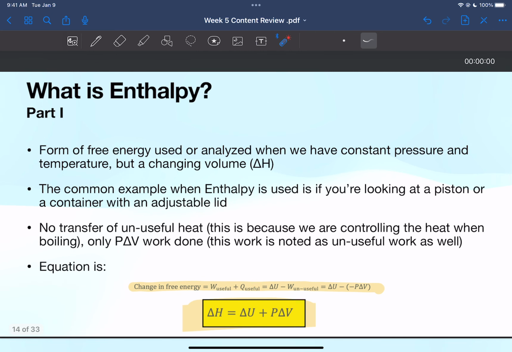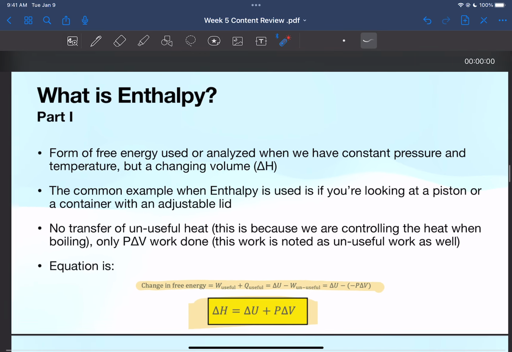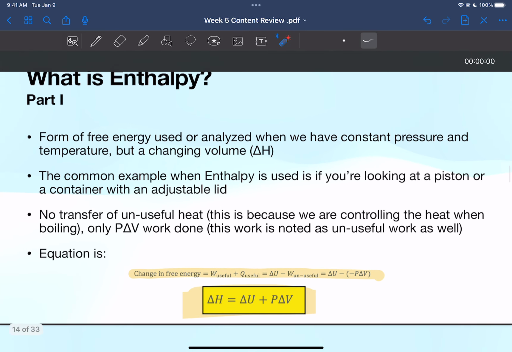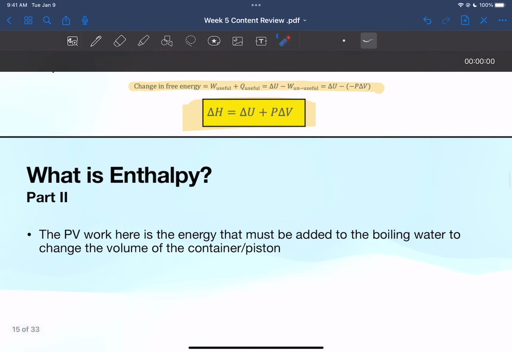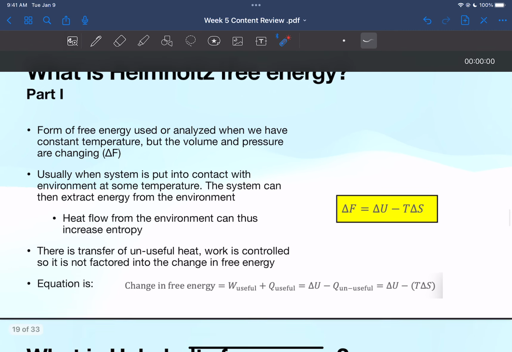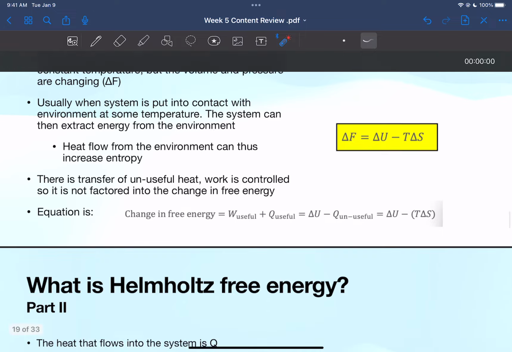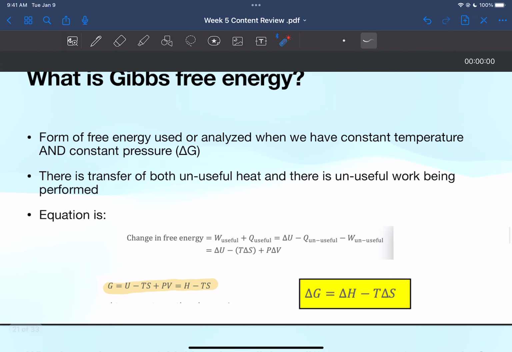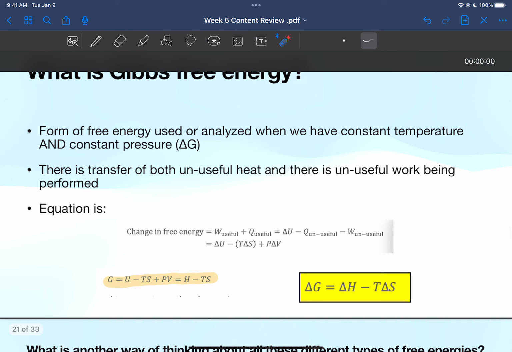So to kind of recap that again, enthalpy is constant pressure, changing volume, right? Helmholtz free energy is you have a constant temperature, but the volume and the pressure are changing. Gibbs free energy is constant temperature and constant pressure, right? And the way you can kind of check this, and this is why I checked it here, and I realized it didn't make any sense, is that